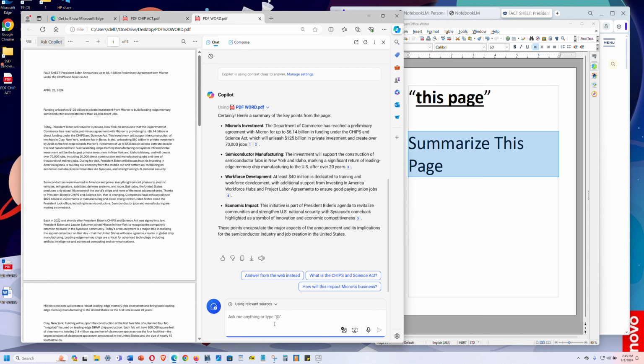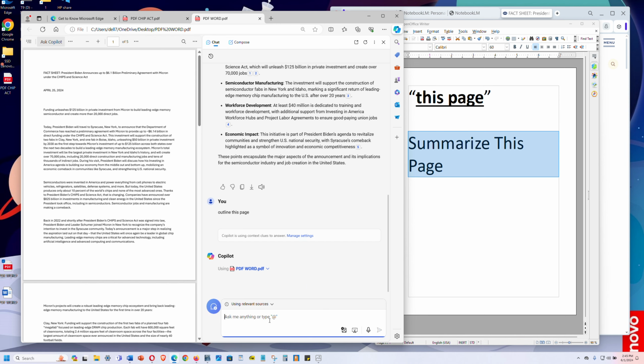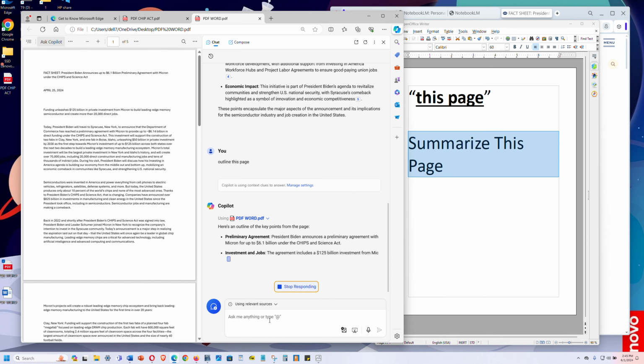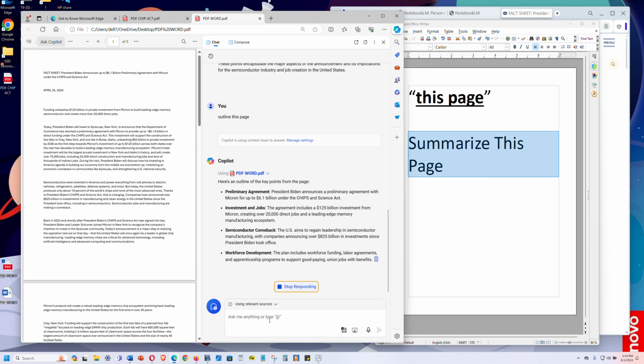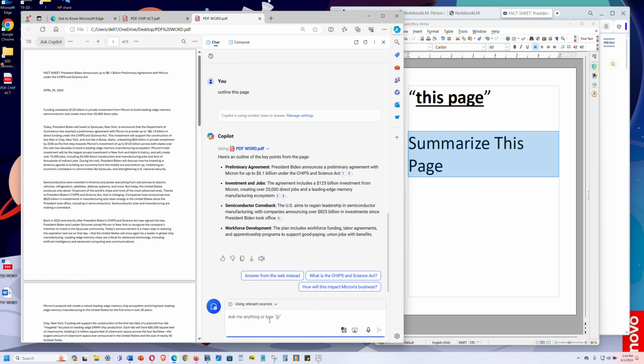Let me show you another prompt here. You could say outline this page. Basically, using this method, you can start with a web page, you can start with a Word document, or you can start with a PDF file. Convert that into a PDF file, open them up in the Microsoft Edge browser, and then use Copilot to analyze them. So that's method 1,